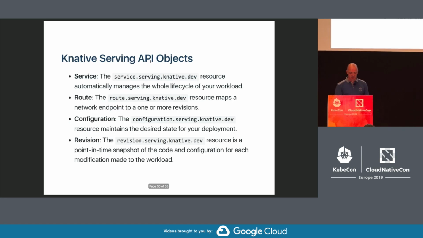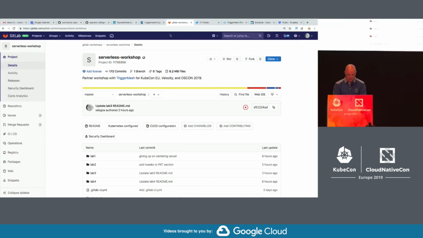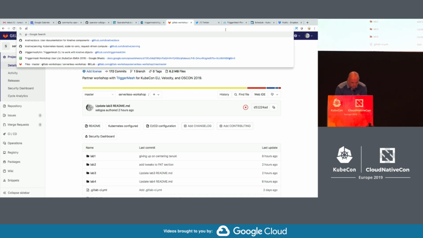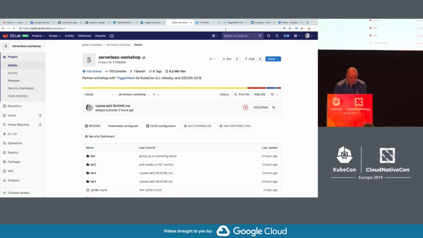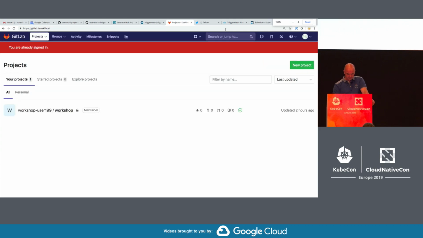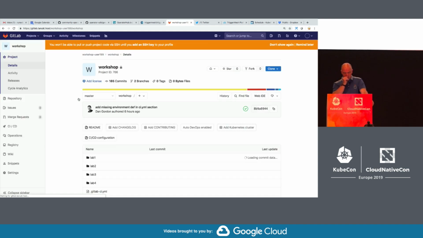All right. So let me log into one of those. So if you go to this host, GitLab tanuki.host, you log in with the creds that you got. You click on the workshop,